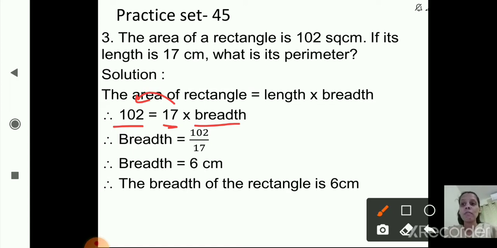So 17 ones are 17, 17 sixes are 102. So what is the answer? Breadth is equal to 6 centimeter, and the unit is centimeter. Therefore the breadth of a rectangle is 6 centimeter. Now in the question we have to find out its perimeter. So next step is,